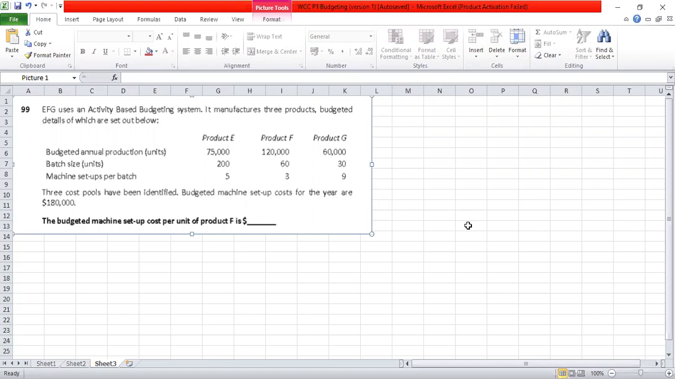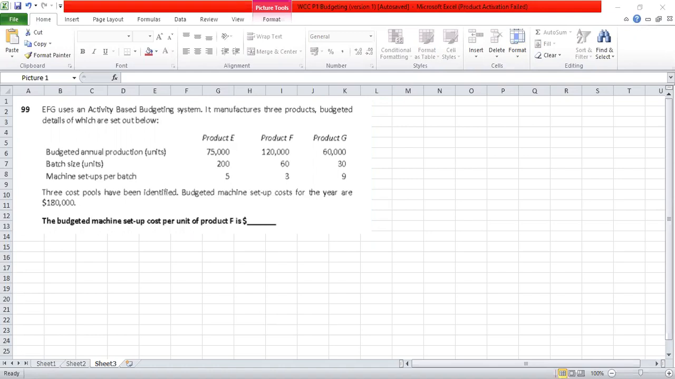Three cost pools have been identified. Budgeted machine setup cost for the year is 180,000. The budgeted machine setup cost per unit of product F is dollars. The way we have learned the principles of ABC, it is the same thing. The only difference is this is used in budgeting. Otherwise, the way the overhead costs are allocated remains the same. The question is asking us